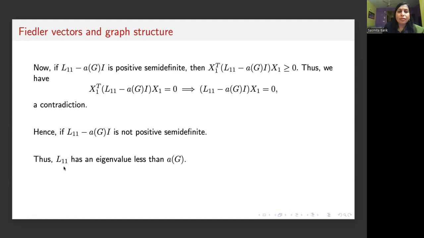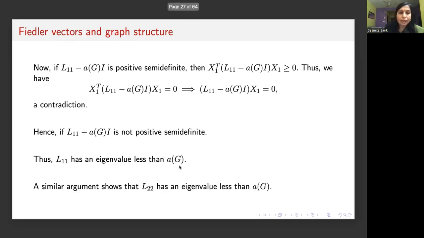So what I can conclude is that because this matrix is not positive semi-definite, its eigenvalues are not all greater than or equal to 0, so there can be a negative eigenvalue. Because I'm taking L11 minus AG I, it is telling that L11 has one eigenvalue less than AG, which will make this negative. So L11 must have one eigenvalue that is less than the algebraic connectivity. And then